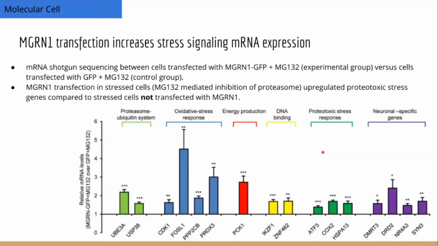And even more fascinating, just to confirm this, they also did a ChIP-seq towards H3K4 methylations. So H3K4 is an activating methylation found at active gene promoters, and they found that H3K4 methylations were increased following treatment, or following MGRN1 upregulation. So collectively, all these results put together suggest that MGRN1's translocation to the nucleus is not a passive process, but is a very active process that drives gene expression by reconfiguring chromatin.